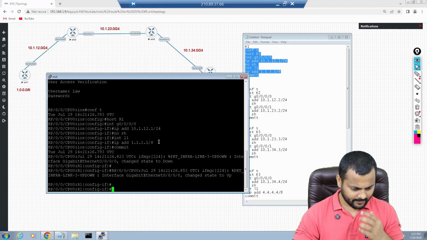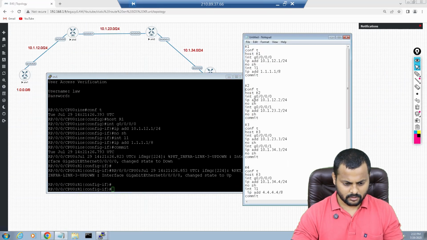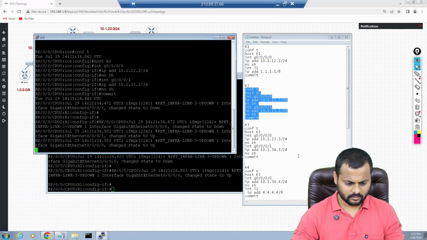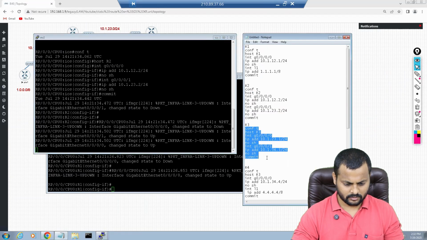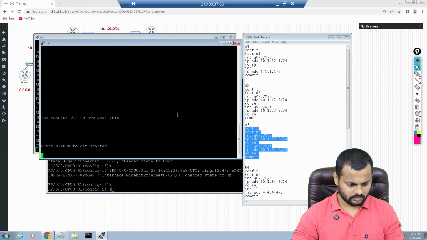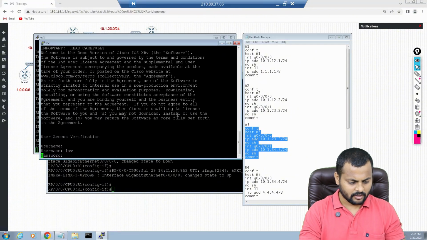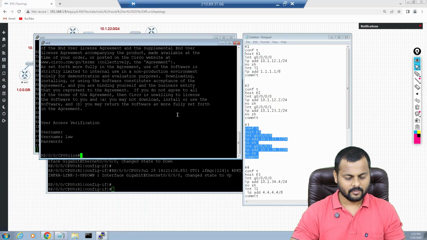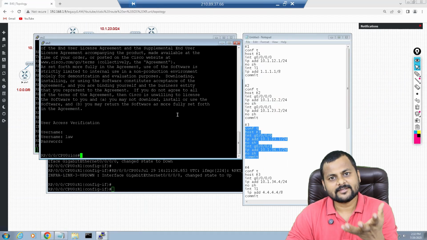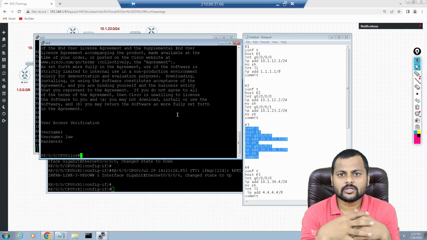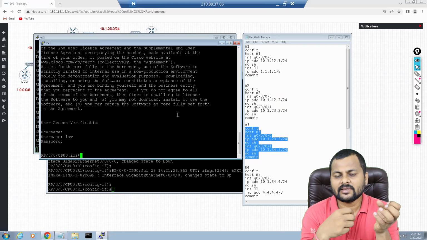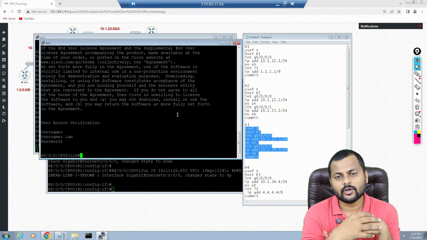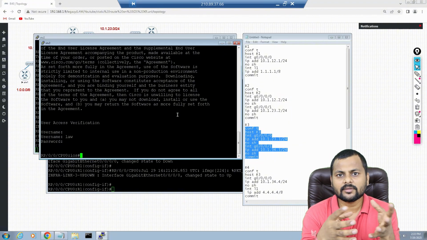Here we go. Information has been saved now on R2 as well. On R3. If you remember, the static route on the IOS router is something different than over here, I'll show you that. But one of the great parts of the static route is what? Static route does not consume lots of resources on the router side. At the same time, it's not sending any kind of periodic hello packet and keepalive packet like that. The dynamic routing protocol is doing that. So it saves the resources, saves the bandwidth, and saves the CPU as well.